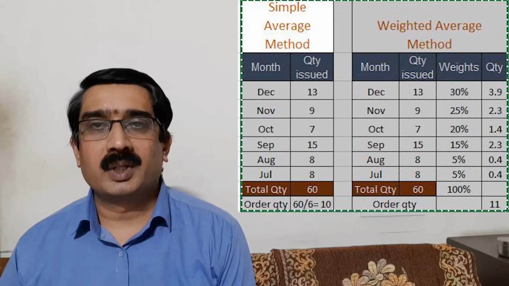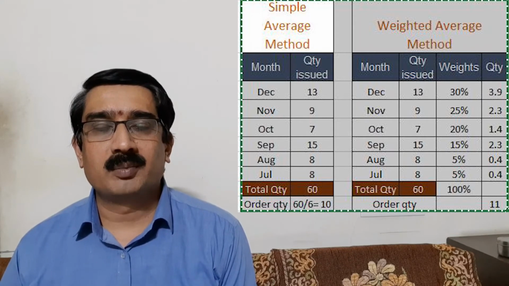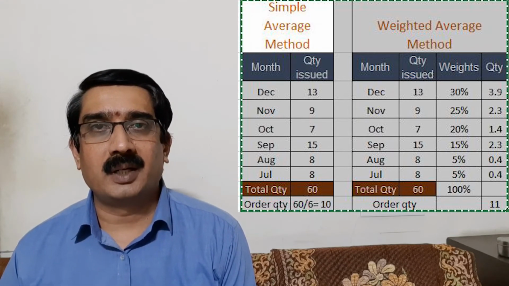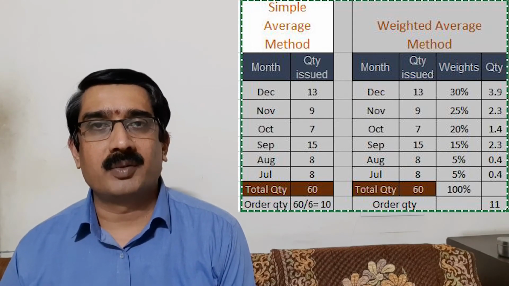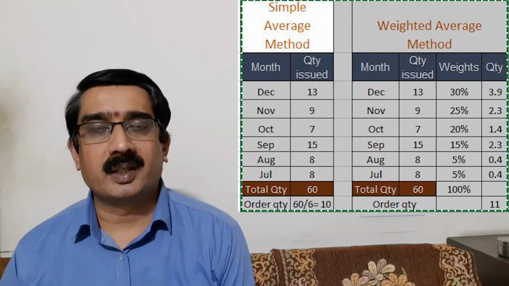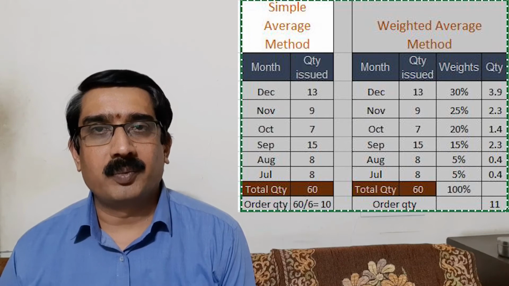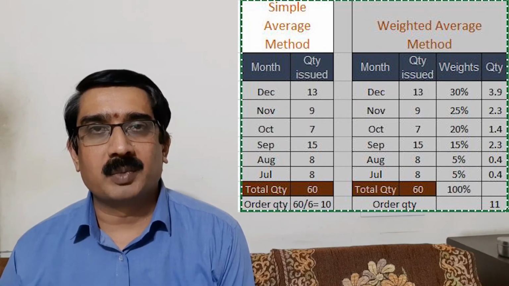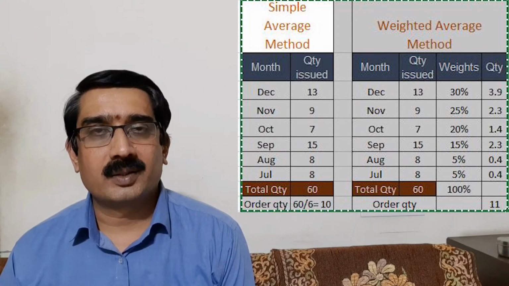Even though the consumption in the month of August is 15, I have given only 15%, because I know that some activity or campaign was planned, and because of that the consumption went up. After that it did not stabilize, it has again gone down. So by varying the weightage for each month, we get a different recommendation for the next month.